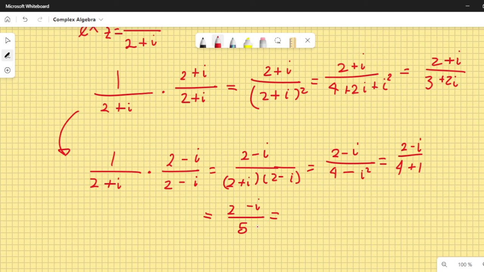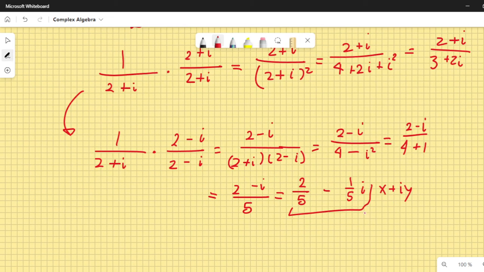And you can distribute this 5. So it's 2 over 5 minus 1 over 5 i. And that will be the x plus iy form, okay? In this case, the x is 2 over 5, and the y is minus 1 over 5. That will be the i, okay? So, this is a good example that actually gives us